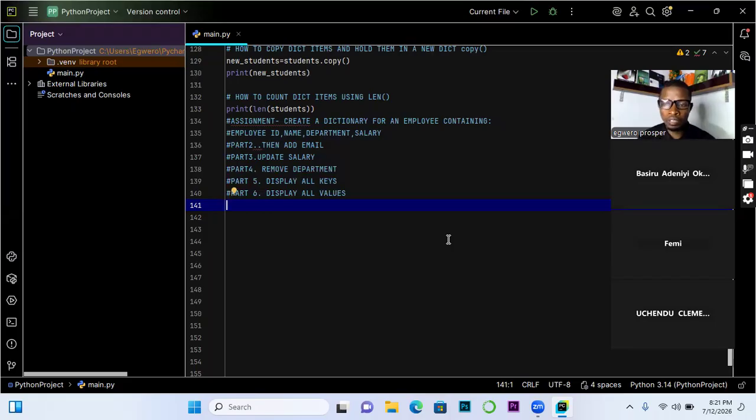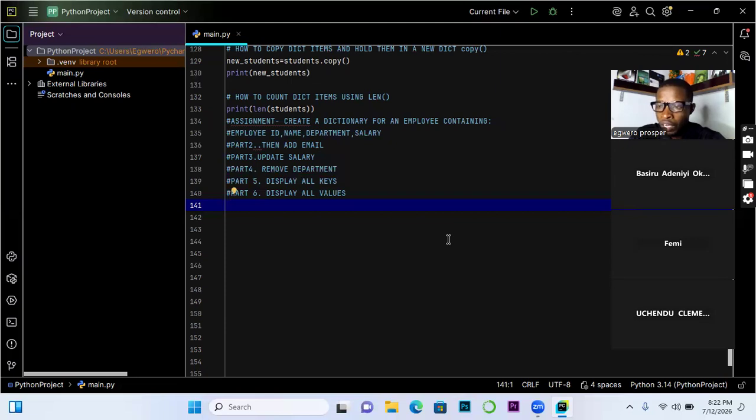I want to continue to encourage us to attempt assignments, all right? When you are learning any programming language like this, particularly via online like this platform, you have to make sure that you follow up with your practice. That is the only way we can measure your performance, right?